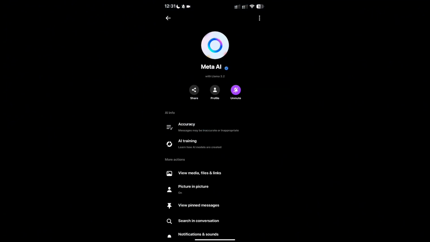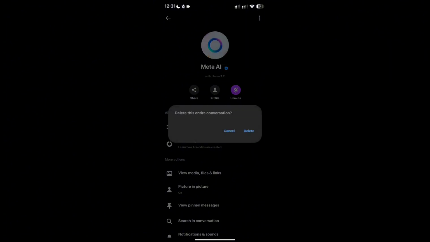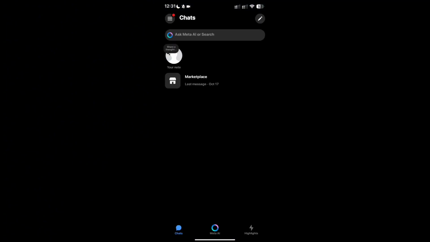You can also directly delete this conversation in order for you to remove this on your Facebook account. And also, to fully disable or remove Meta AI on your account, you just need to delete your Facebook account